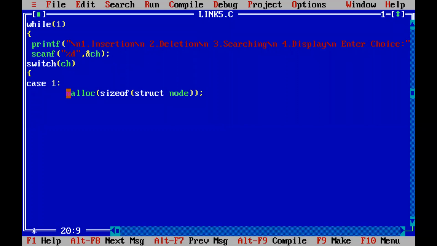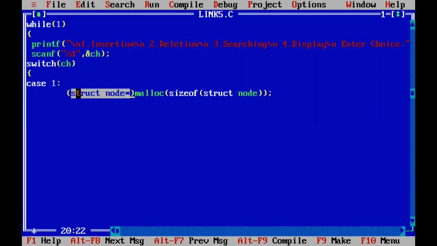It will not return int, that was just one example I was showing. It will be returning a pointer, which is not of any data type. It will be returning a void pointer. Understood? But we will typecast. How to typecast? In brackets, we will give struct node. I need that pointer to be of struct node type, so I'll be typecasting it. But malloc will be returning a void pointer. If you mention a data type in brackets, it will be typecasted into that data type.